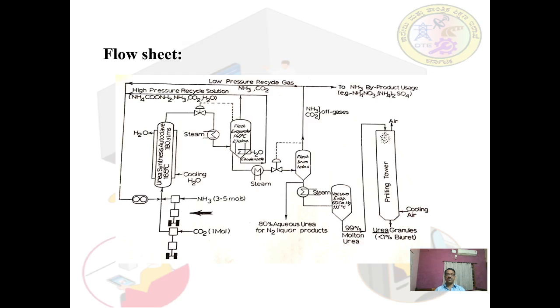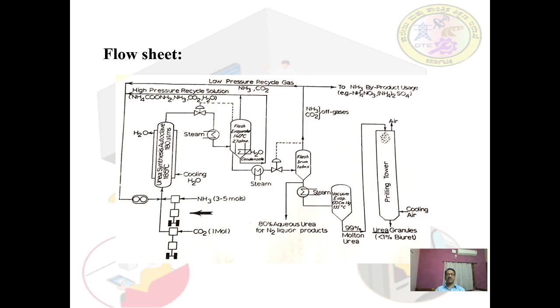This is the flow sheet for the production of urea. It has an autoclave where the ammonia and carbon dioxide are made to react and form ammonium carbamate. It is an exothermic reaction, so the reactor has to be cooled externally to maintain the required temperature of 185 degrees Celsius. The ammonium carbamate, unreacted ammonia, carbon dioxide, and water are formed in this reactor,